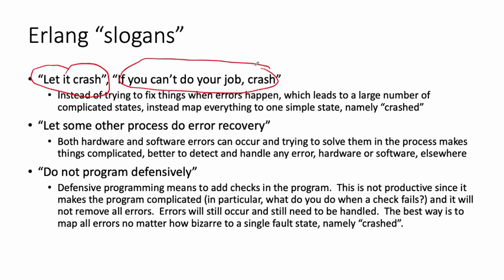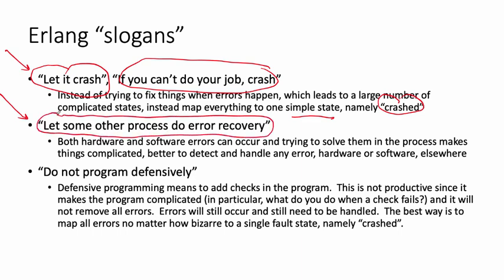Or maybe it tries to open a file, doesn't work, or something goes wrong. The Erlang philosophy says, don't try to fix it. Just crash. Okay? One simple state, crashed. So when a process cannot work, it just crashes. So that is the philosophy. All the possible failure states are mapped to one state, which is crashed. Okay? This makes things very simple. So then how do we fix it? Then it goes to another